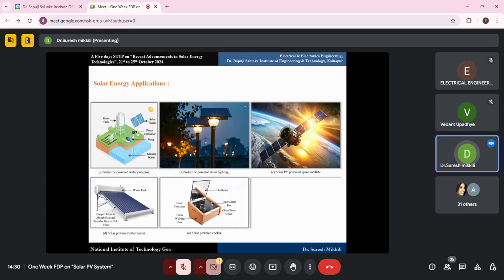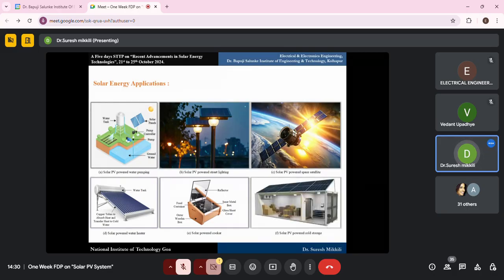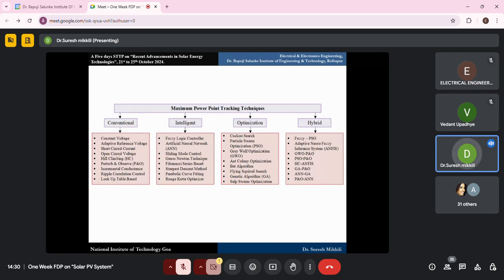Okay, and the last one is solar PV powered cold storages, which people are also considering. So these are the main applications, six applications where the majority of people are utilizing this. Okay. Even as I told you in the last class, to extract the maximum power during shading condition,